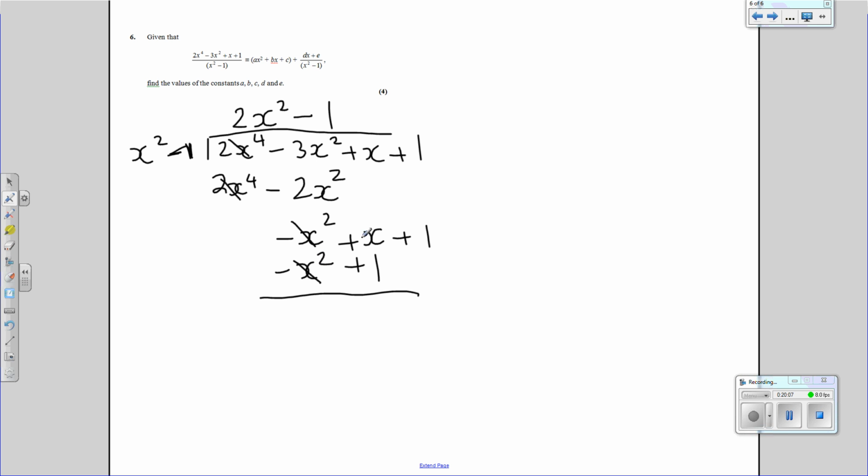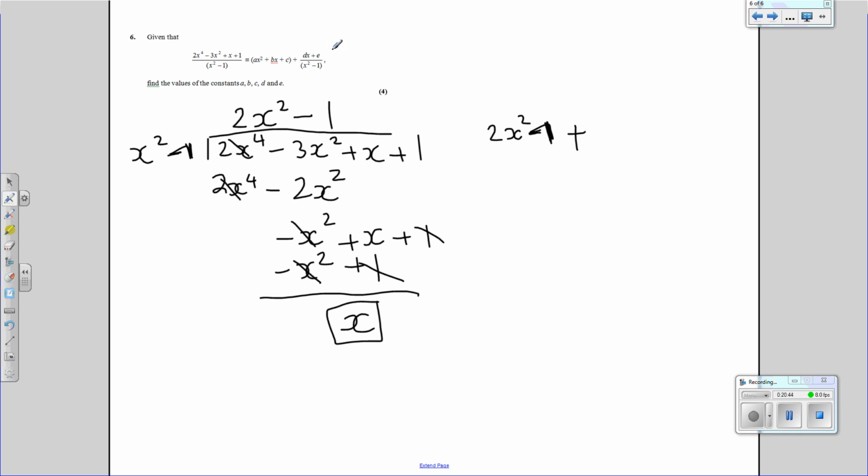Now these don't line up here, but use your common sense, and some people left it like that. Look, you've got the 1 there and you're taking away a 1, so this does cancel out. Then you've got x, take away, there's nothing here, so you just get left with x. Then you can't go x squared into x, the power is too small now, so this is your remainder here. But you must finish the question by writing it like this. So this divided by this equals, well, the answer is on the top. So it's 2x squared minus 1 plus,